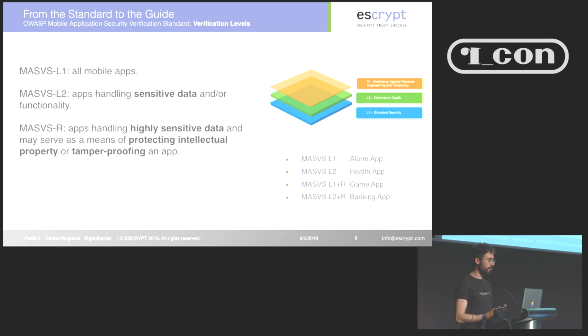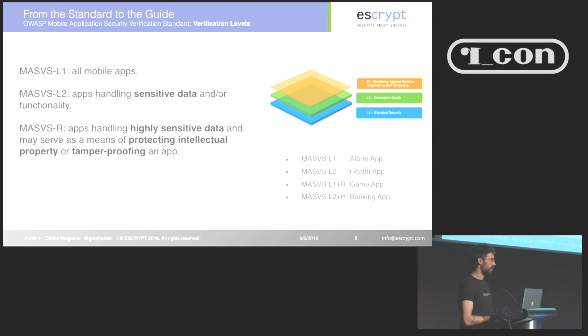So you are maybe or maybe not protecting some intellectual property, but you are handling sensitive data, that's your health data. And then you can also mix them depending on what you need. So if you have a game app, you would also need to protect the intellectual property of your game. So then you would apply level 1 and R, and then you have to consider if it's a banking app,